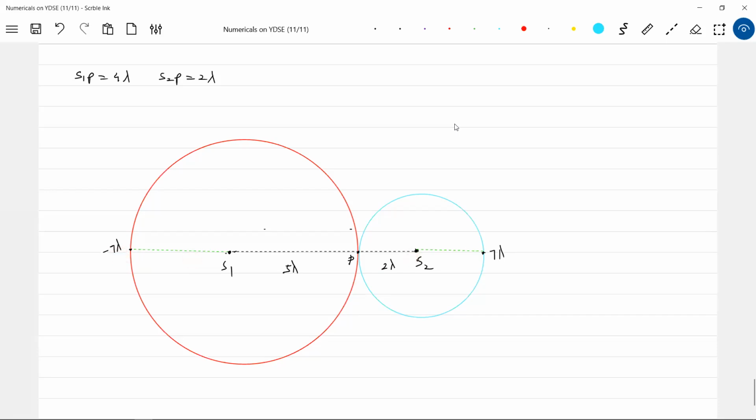Yes, path difference. No, sir, why did you write plus 7? Why did you write minus 7? Here what happened? I took ray 1 as reference, so it will cover more path compared to this. No, ray 2 will cover more path. So the path difference should definitely come as minus 7 lambda.